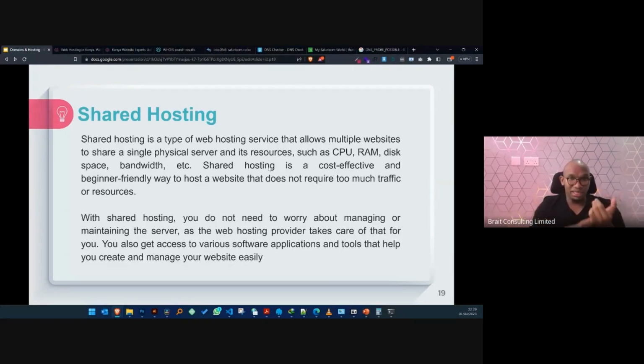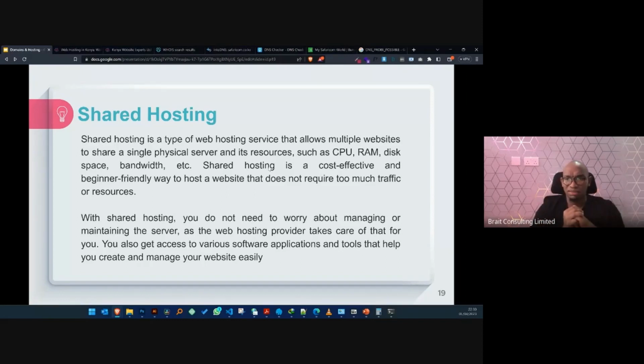They will share the kitchen, they will share the dining. Let's say my rooms are not en suite, they will share the washrooms and all these things. So it will be cost effective for the people that have come to rent my house. But for a person who requires comfort and all these things, that cannot be